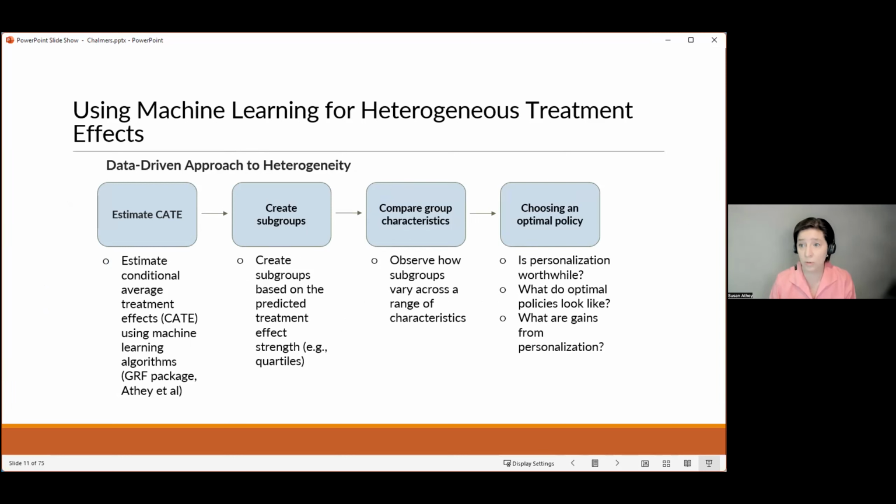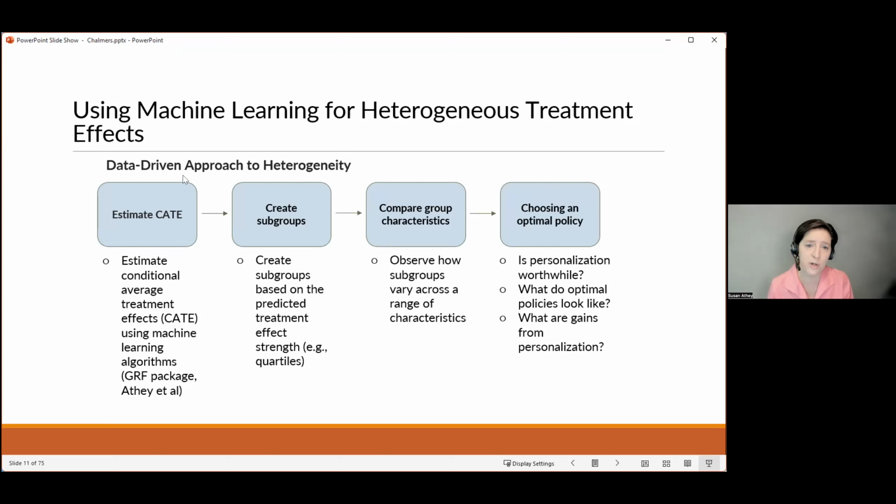If we know for whom it works, we can give it to them, and then we might develop other treatments for people where it doesn't work. In addition, although sending text messages is cheap, we might also want to think about prioritizing some kind of human intervention as well. So we want to think about estimating a treatment assignment policy. We want to see if personalization is worthwhile.